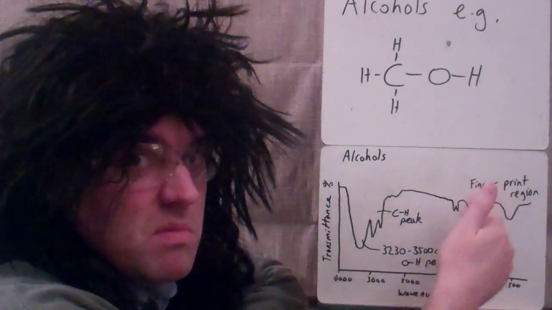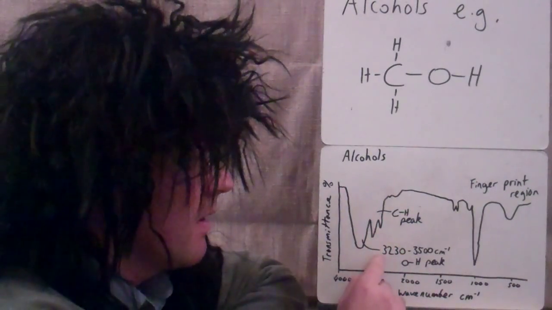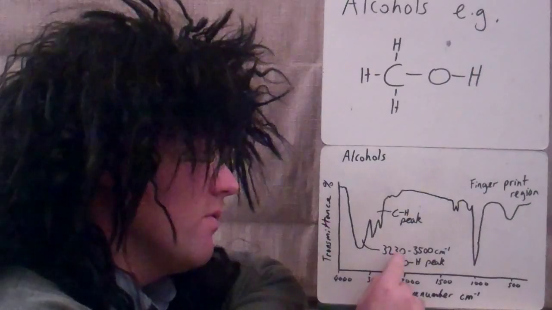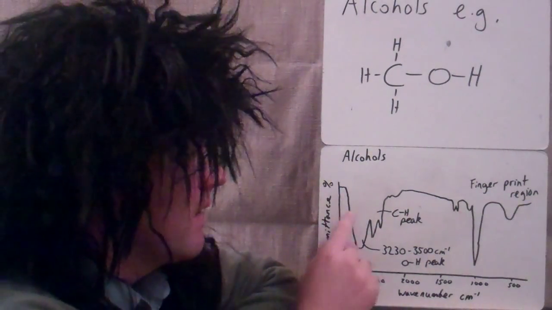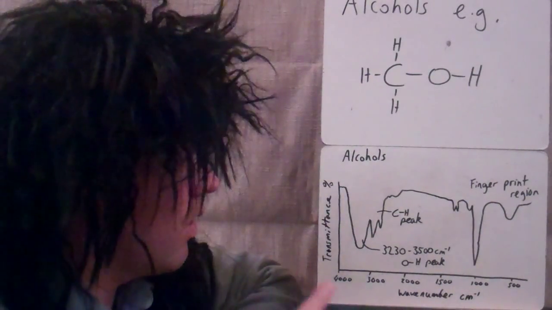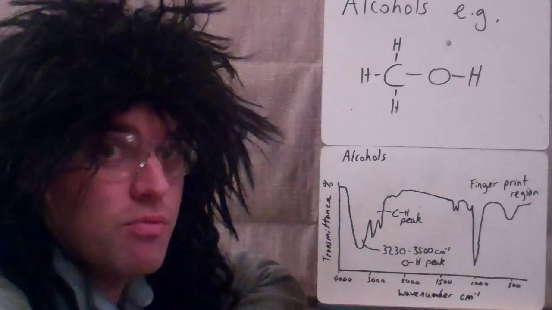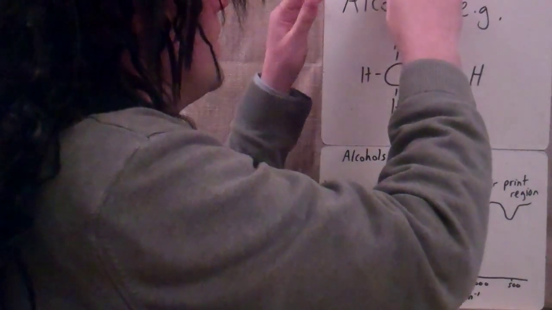This over here, don't bother with. Here, CH peak. This one, the OH peak. 3,230 to 3,500, always about there. So that tells us it's an alcohol. Alcohols are one of the ones you've got to identify. So if you're looking for an alcohol, you're looking for a peak here that's broad. Let's compare that to